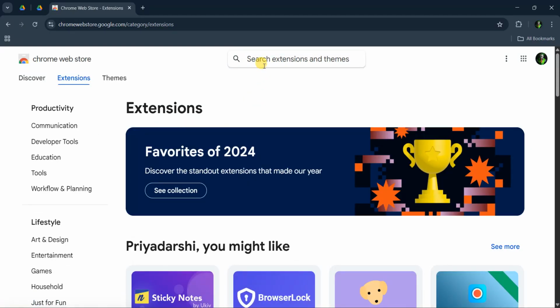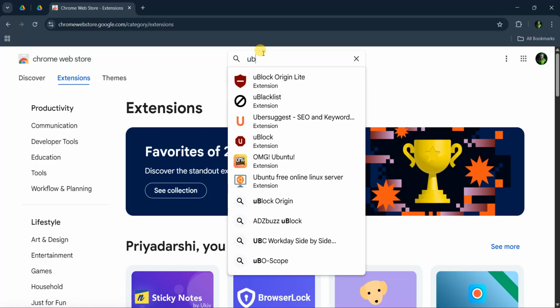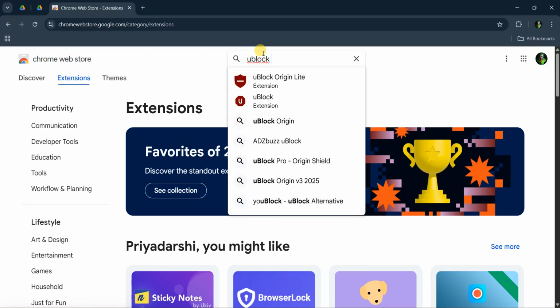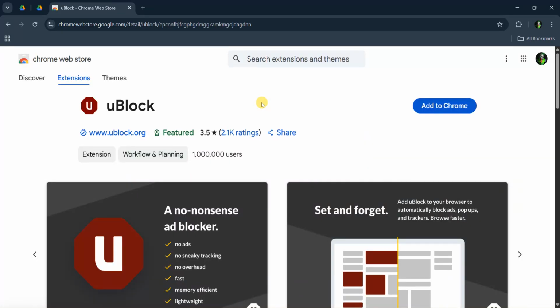Now search for uBlock Origin. I will tell you the spelling, uBlock. Now you can see this extension, click on it. Now I will tell you what it does. The uBlock Origin